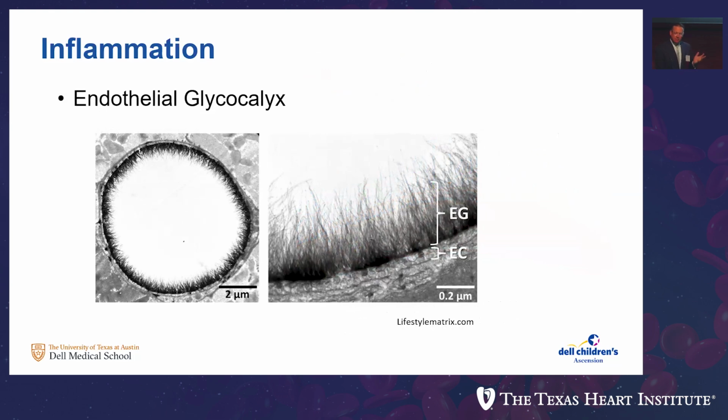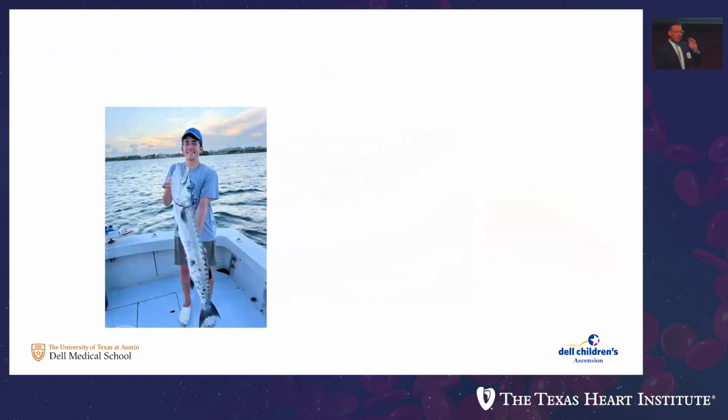For a simple-minded person like myself, I think of it like fish slime. Fish actually have a mucus layer on their outer surface. If you've ever been fishing, you know exactly what I'm talking about. You cannot get it off your hands. It's a very important process in fish, and I'm sorry, I'm just spending two seconds on fish. But